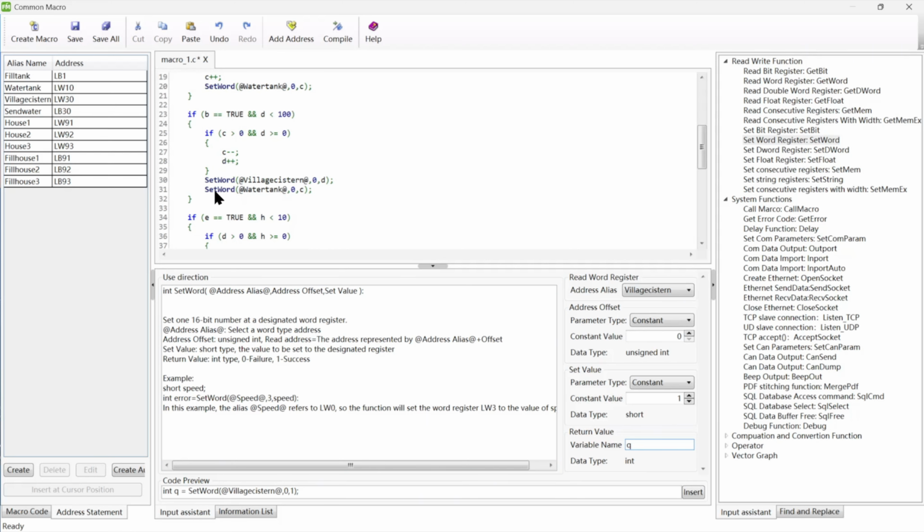The function returns 1 if the operation is successful and 0 if it fails. Since we will be utilizing this function, let's add a couple to our code. For example, the alias water tank refers to LW10, so the function will set the word register LW10 to the value of C. The SetWord function is used to store a 32-bit int value at a designated register, which can